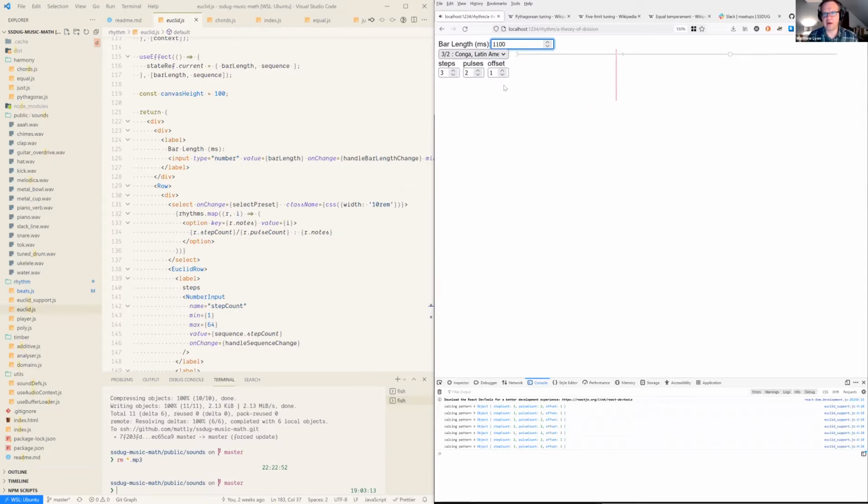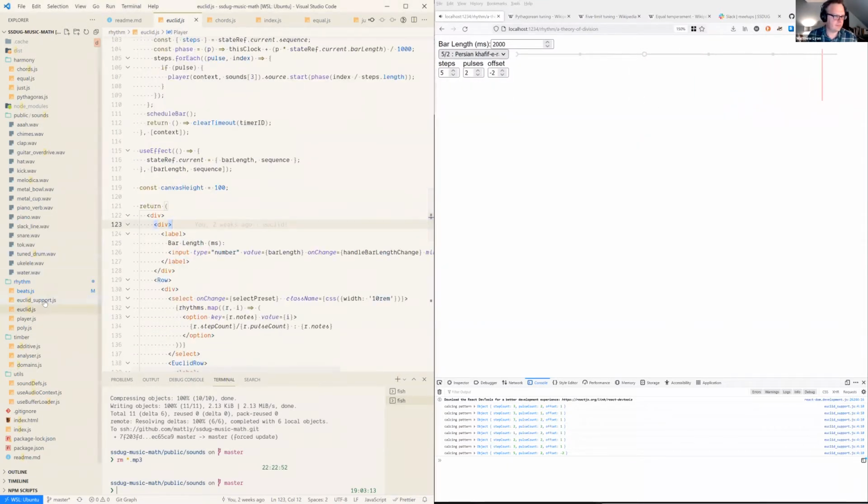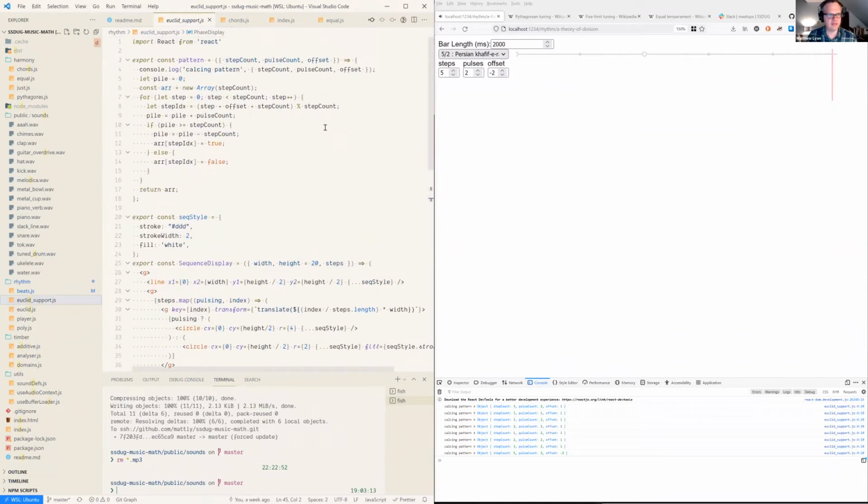This is a common conga rhythm. You've got what in the West is known as the take 5 rhythm, where this is 5 steps and you have 2. And the basic idea behind how this works is